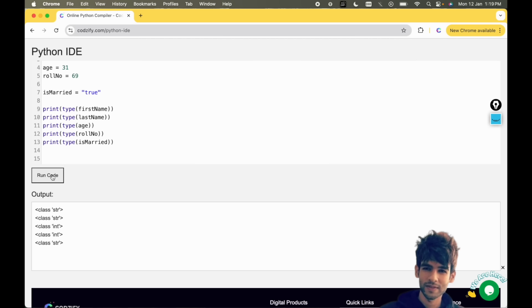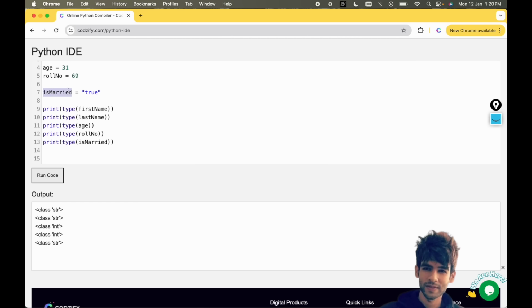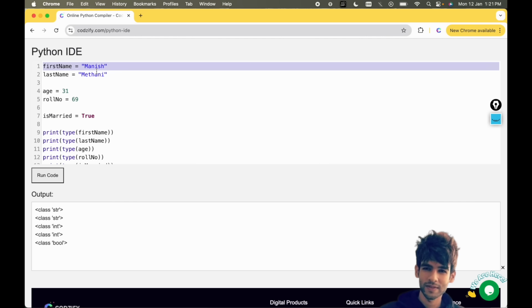Now if I run the code, okay, here you see this is married, true, and it is not taking it as a string, okay? So this is a boolean type variable. Roll number and age are integer types, and the first two variables are string, okay?